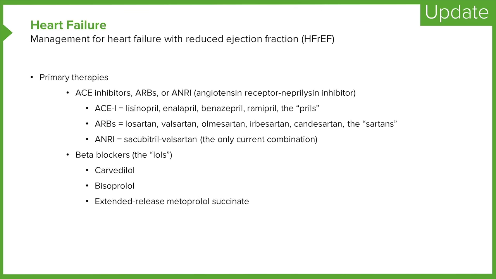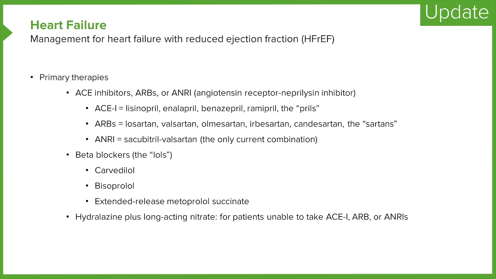Beta blockers should be added if there are no contraindications, and the specific three that have been demonstrated to benefit patients with heart failure are carvedilol, bisoprolol, and extended-release metoprolol succinate. If patients have contraindications to any of the renin-angiotensin system's antagonists, an alternative is hydralazine with a long-acting nitrate. A typical contraindication to the renin-angiotensin system antagonist is advanced renal failure, because these drugs could increase the level of